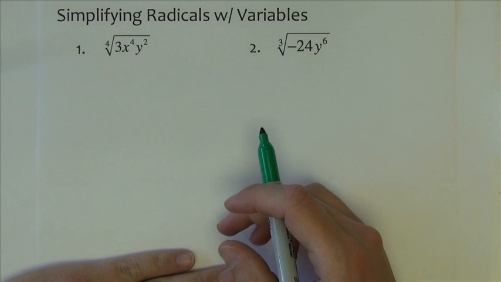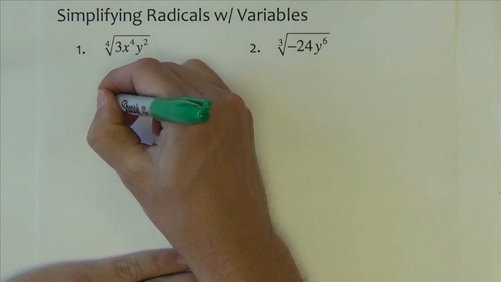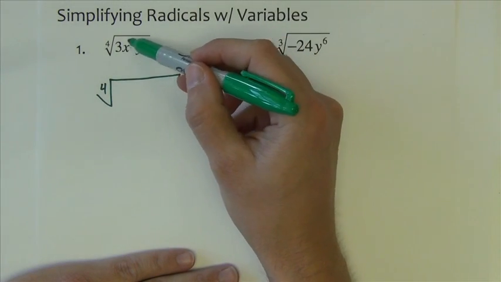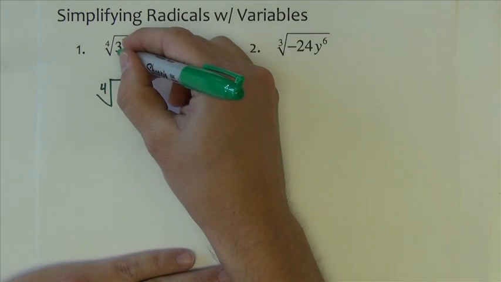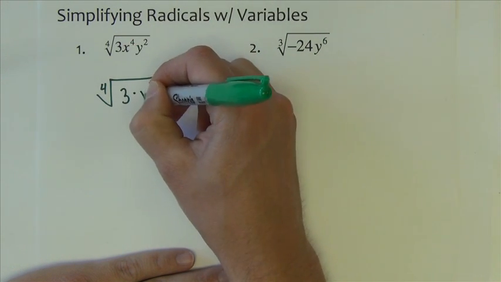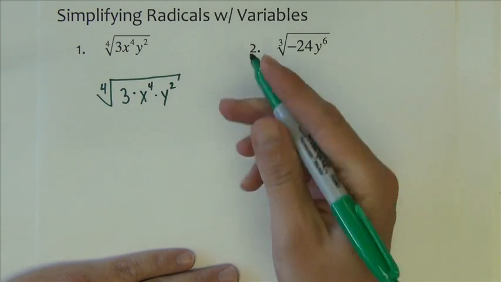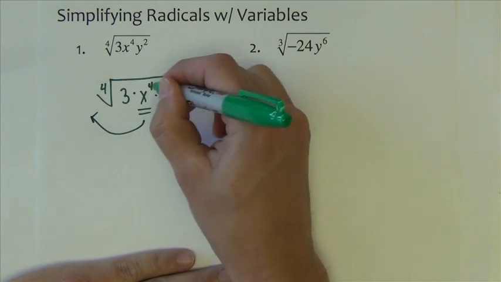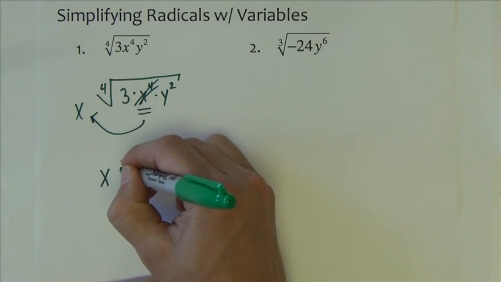A few more examples simplifying radicals, this time with variables underneath them. Fourth root. Well, I begin this problem the way I begin any other problem: I break down the stuff underneath into fourth powers. Now it just so happens I can't break any of this down. The 3 is only 3 times 1, so it's just simply 3. X to the fourth is already a fourth power, and y to the second is smaller than a fourth power, so I can't break it down either. The only fourth power here is this x to the fourth, so it comes out as an x. So we've got x times the fourth root